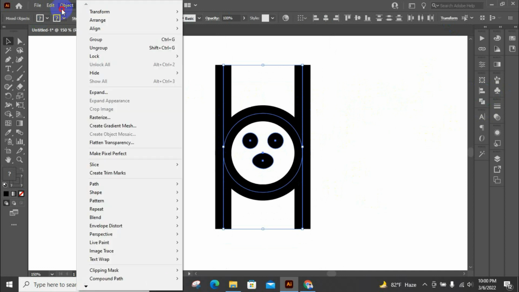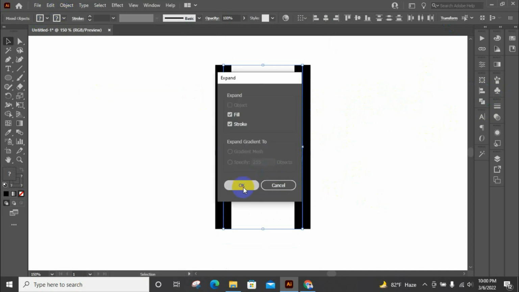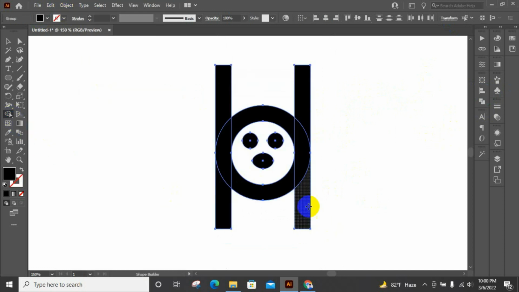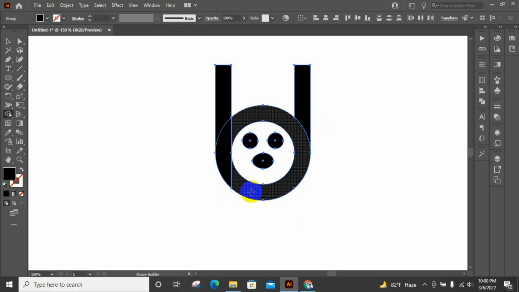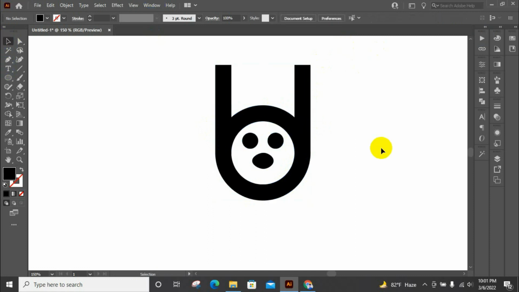Now select all and go to Object, Expand. Now take the Shape Builder tool and cut the unnecessary part. Select these portions,